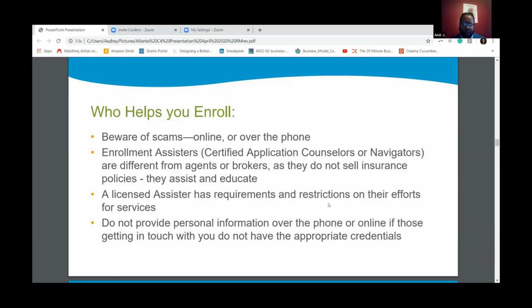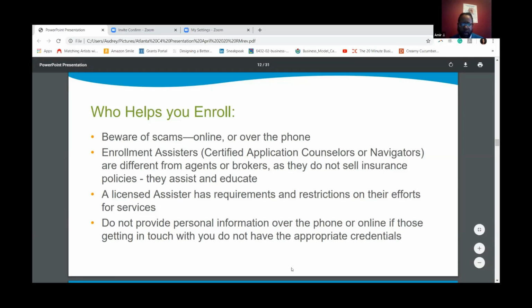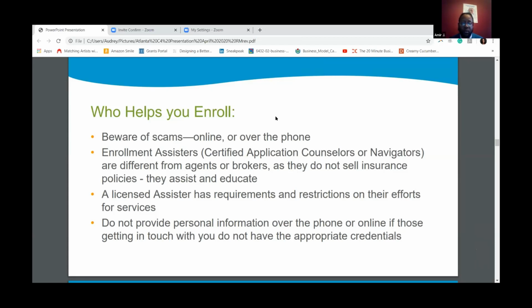Looks like we've got a question in the chat box. Right now, there is an individual by the name of Robert asking a question. Right now, special enrollment period is now. Open enrollment is from November 1st through December 15th, and special enrollment periods last from December 16th up to October 31st.